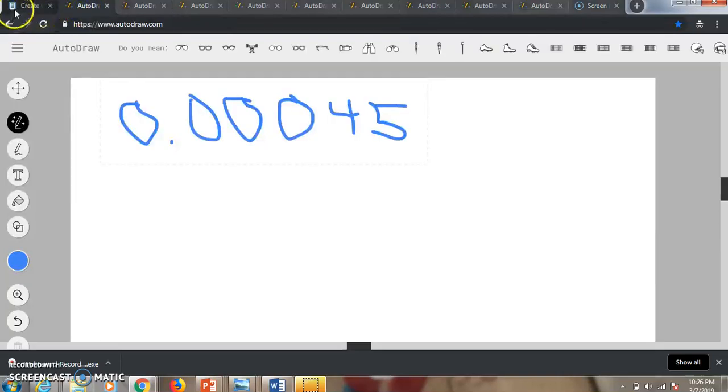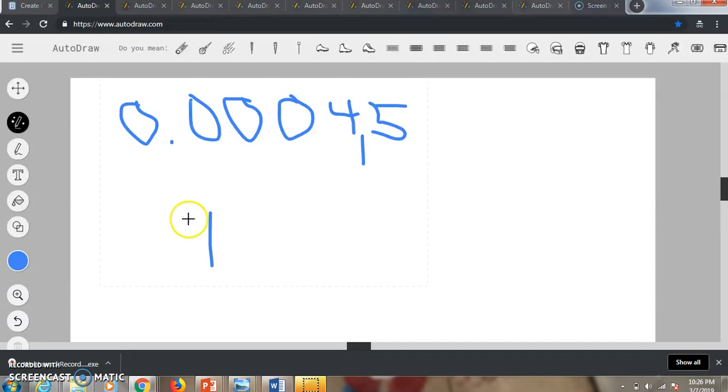Okay, this will be a review for today's assignment on March 8th. The first one here is 0.00045. You'll be writing it in scientific notation. So you need to place the decimal between the 4 and the 5 to make it a number between 1 and 10. So you'd rewrite it as